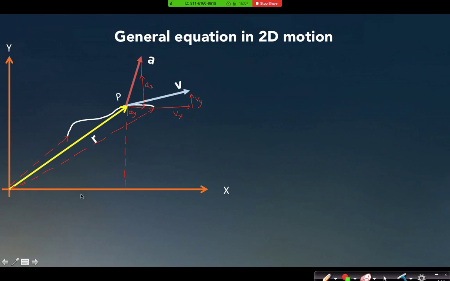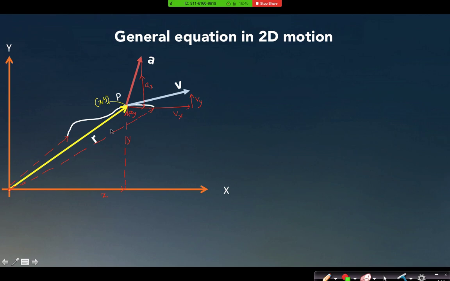You can simply say that if your observer is at the origin, then the r vector will always have x component, which is x, and y component, which is y. As the position of the particle is represented as x comma y, what is the component of r along the x axis? It will always be x, and it will always be y along the y axis, as long as your observer is present at the origin. But if your observer is present somewhere else, then you cannot always say that.